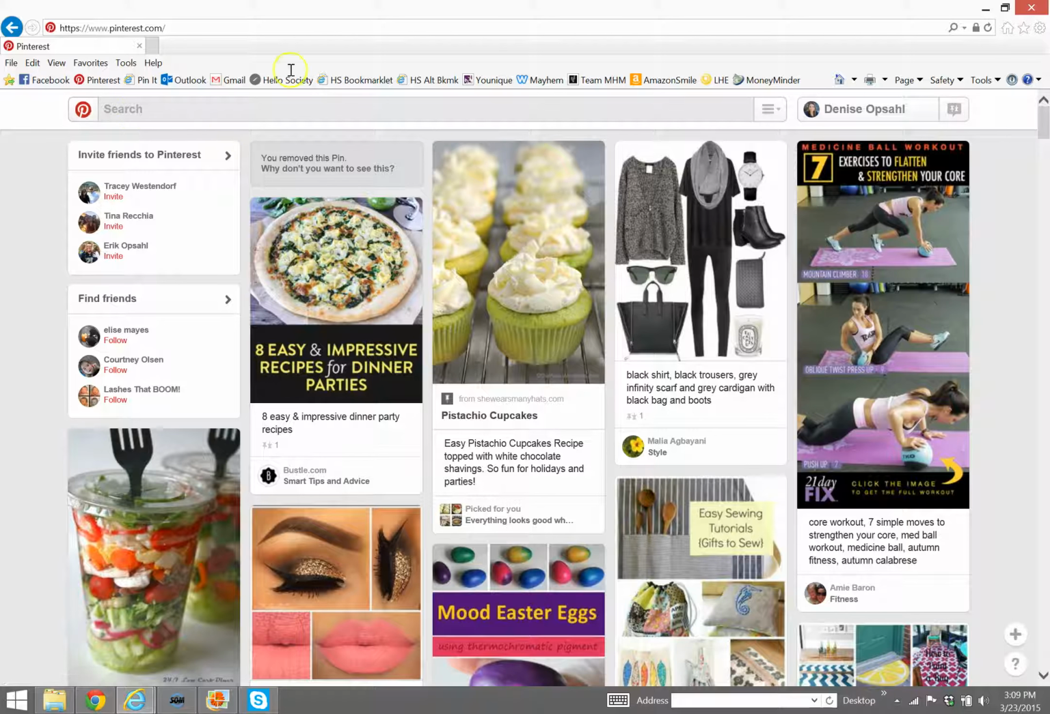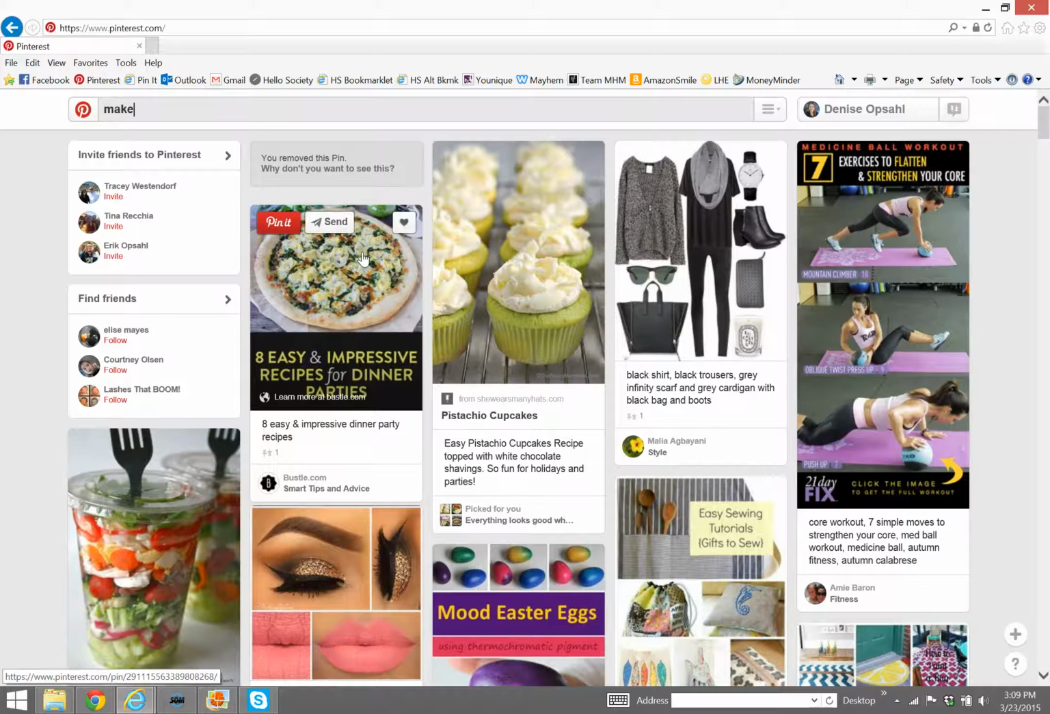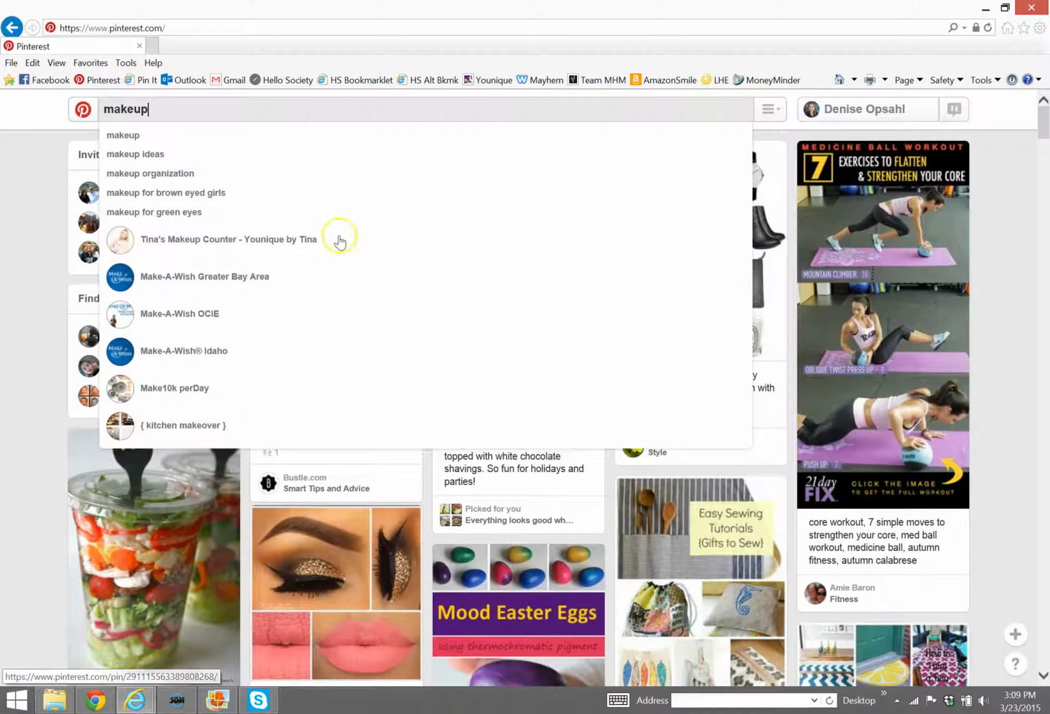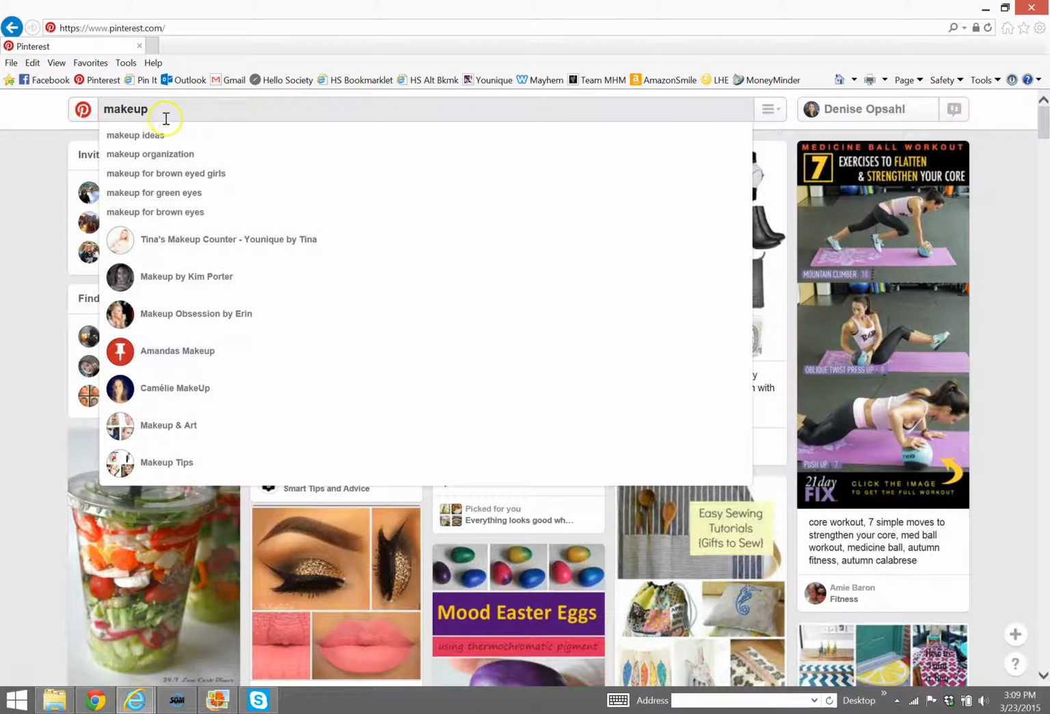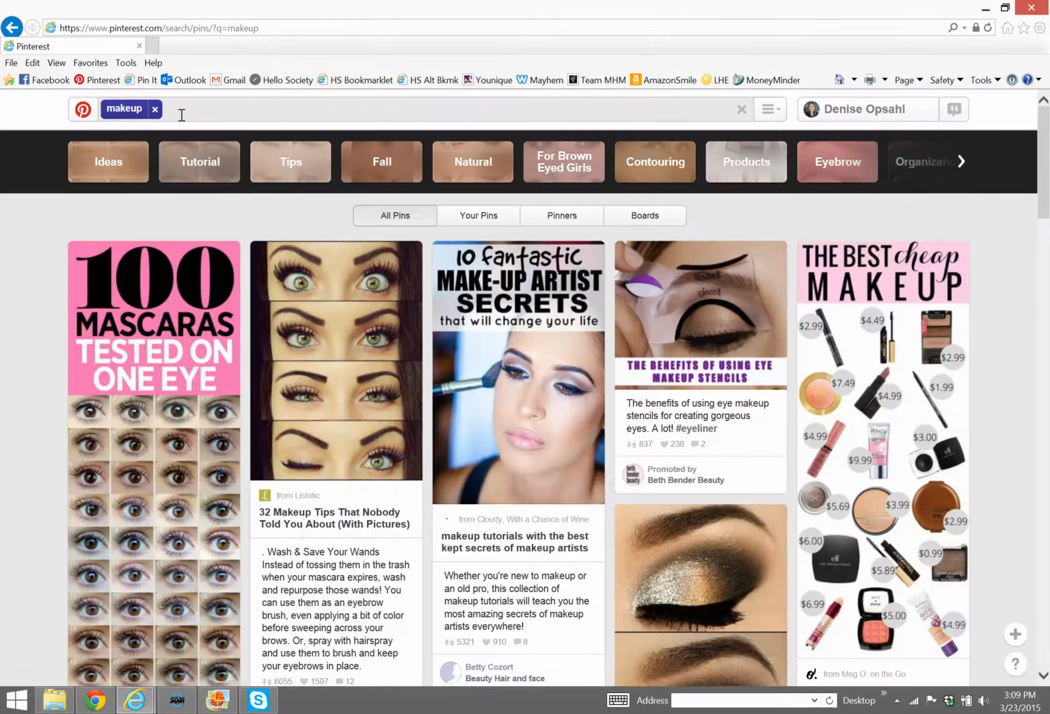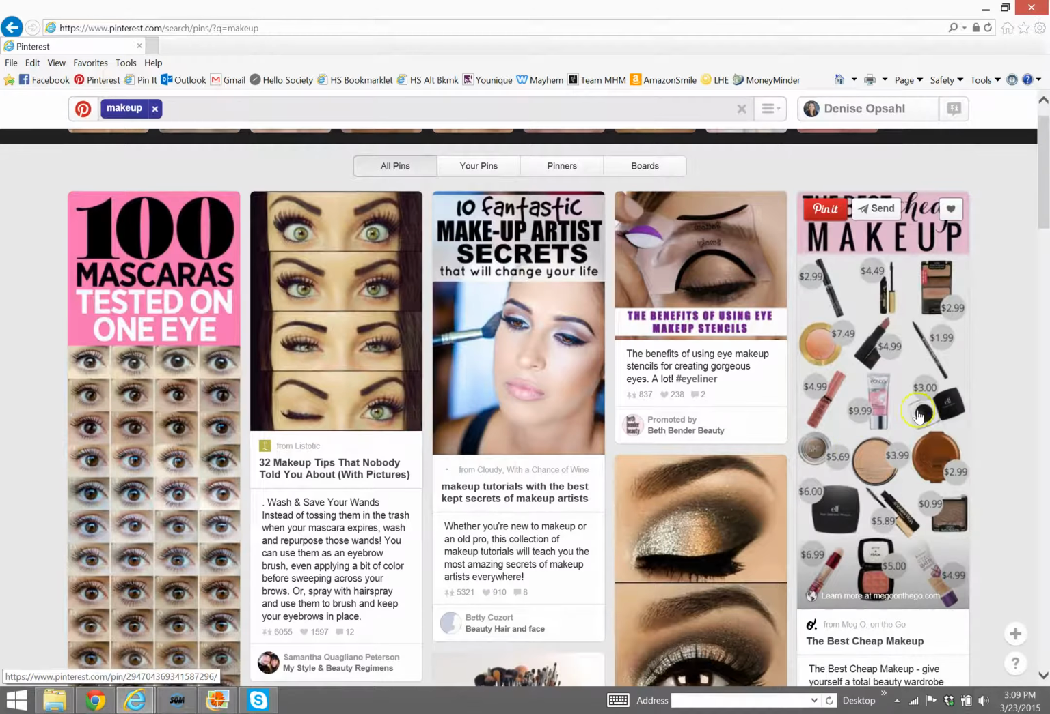Then you can also, there's a search bar up here. And this search bar is just like Bing or Google, but it's only searching on Pinterest. So say you are looking for makeup. I just want makeup. I don't want makeup ideas. So I'm going to put makeup in, and it's going to come up with all these different pins